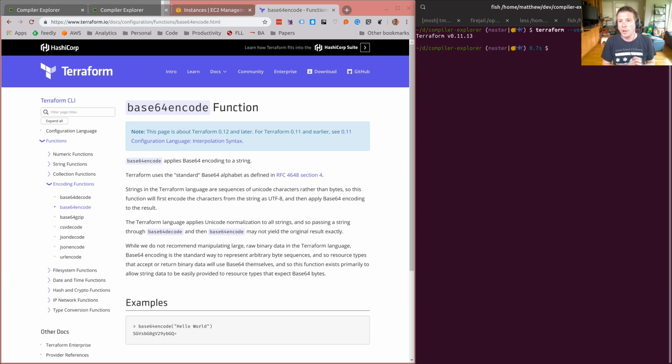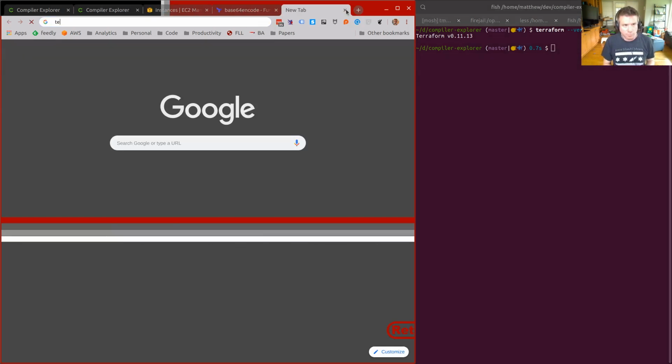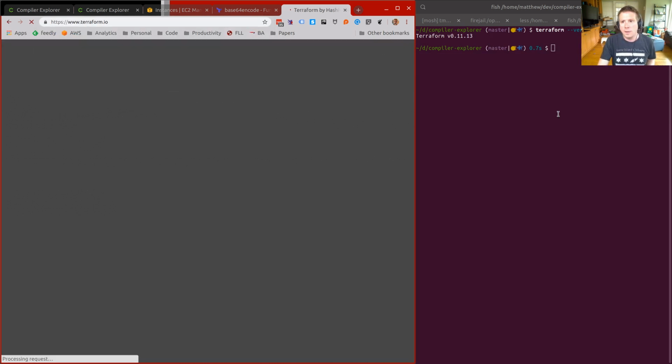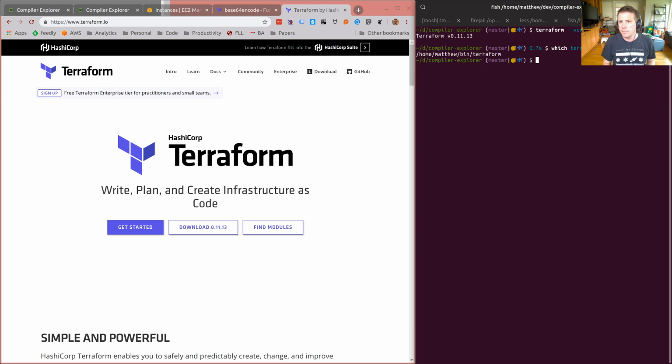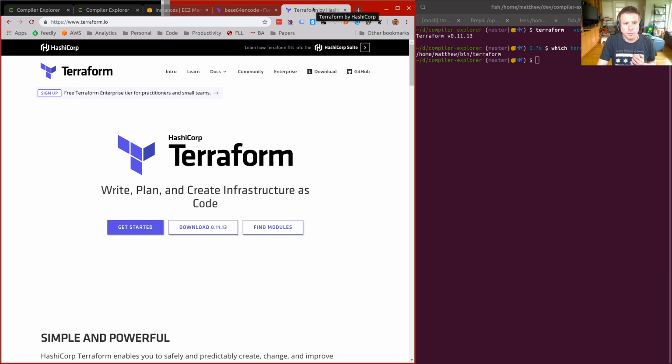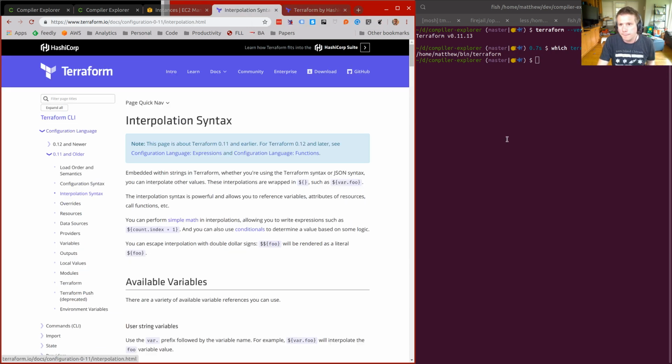Oh, well, there you go. Perhaps I should go and get a new version of Terraform. Terraform.io. Which Terraform? Yeah, I thought I grabbed it. Oh, what? Well, that's useful. For Terraform, this is how to use it in Terraform 0.12, which is in fact the latest one, or at least the most stable one. So I'm going to stick with that.